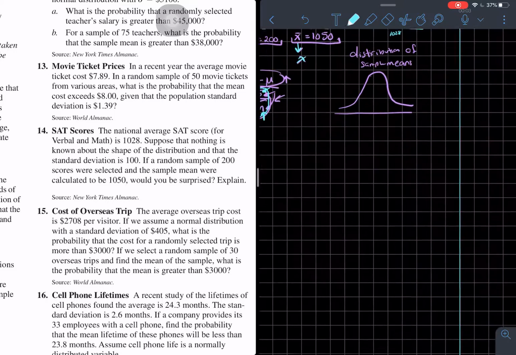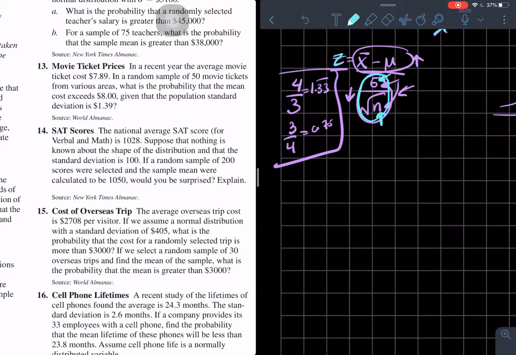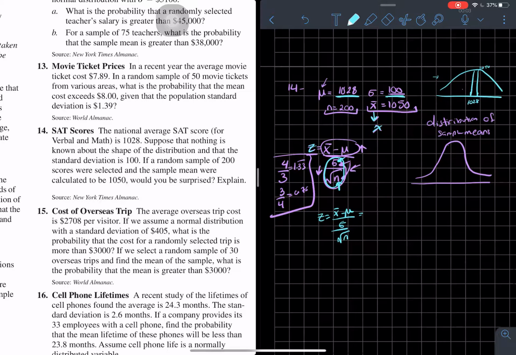But that's not going to be the case. And to prove it, we're just going to have to calculate the z, which is equal to x bar minus mu over the standard deviation divided by the square root of n. My x bar is just going to be 1050 minus 1028 over 100 divided by the square root of 200, and this is going to give me